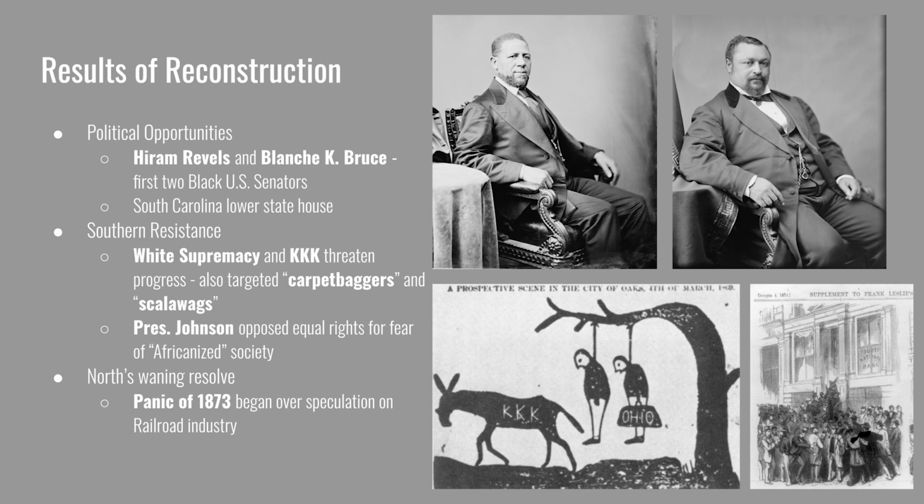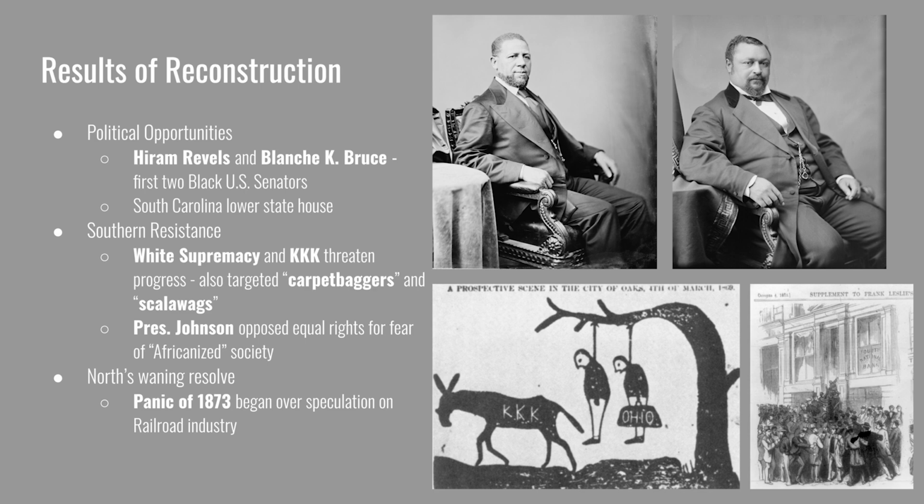It was a huge sign of progress that had significant symbolism because they filled the same seat that Jefferson Davis, President of the Confederacy, held prior to the Civil War. To see Black legislators in office within 10 years of the Civil War's start was seen as rapid progress. That partly leads to a severe backlash from white Southerners. The South Carolina lower state house also has a similar transformation with a Black majority of legislators in that state legislature. The Southern resistance came in a violent form of white supremacy.